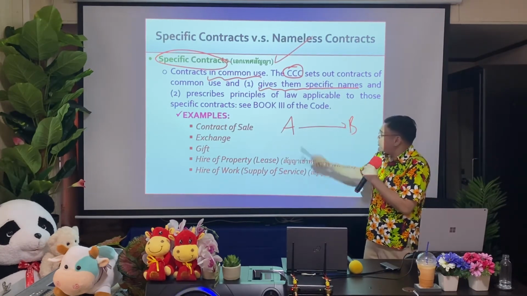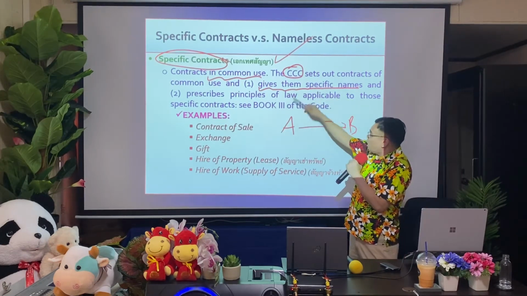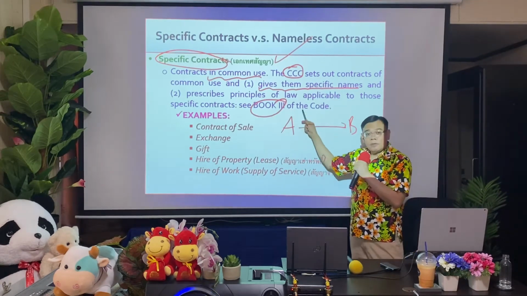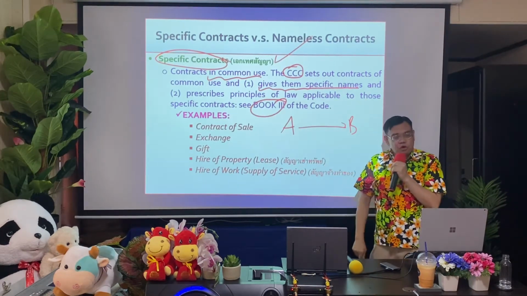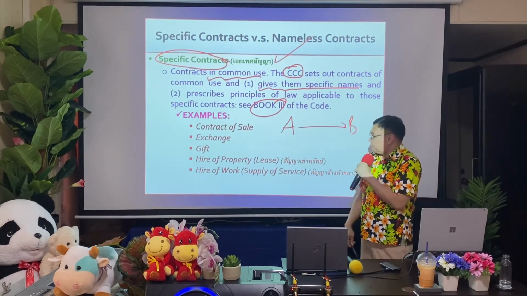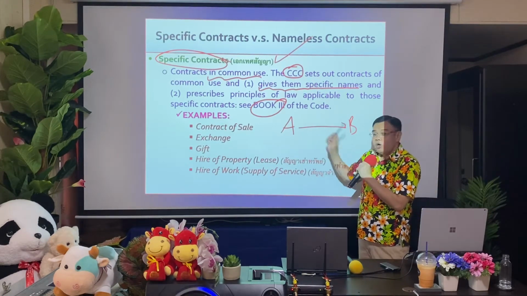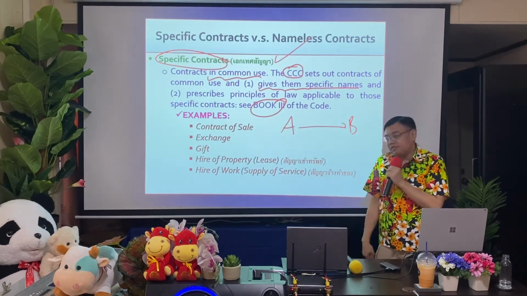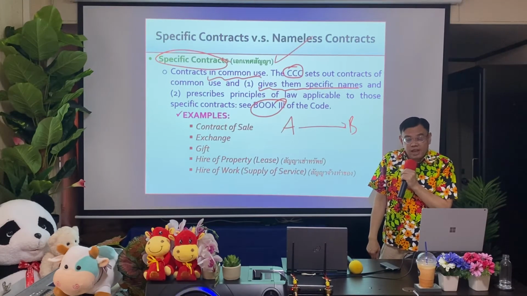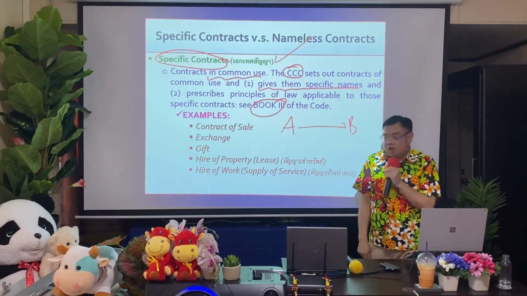So if you look at book 3 of the Civil and Commercial Code of Thailand, you can see that it just lists certain specific contracts, one of which is a contract of sale. So when A agrees to sell his car to B, this is a contract of sale, which is a specific contract in Book 3 of the Civil and Commercial Code, so that